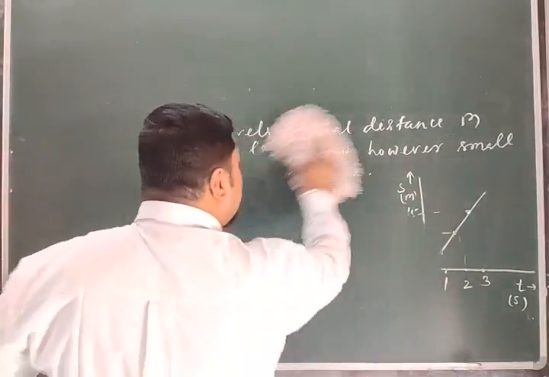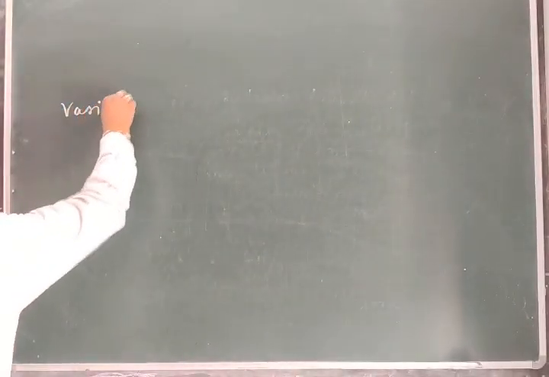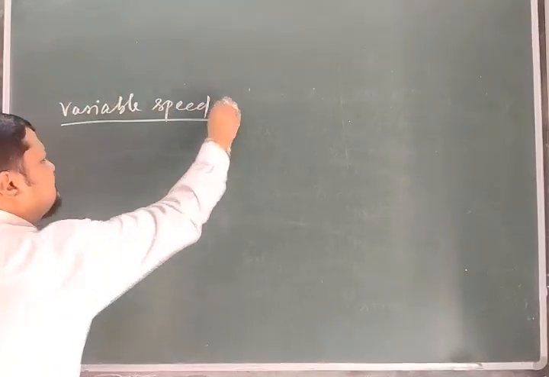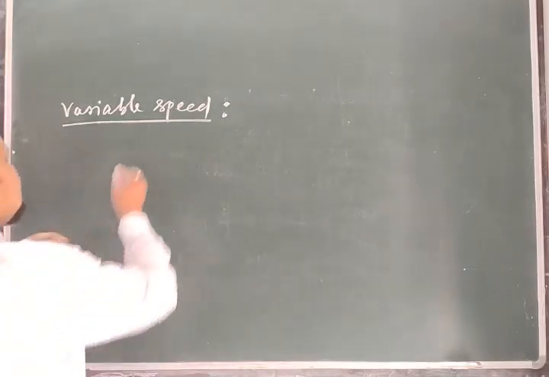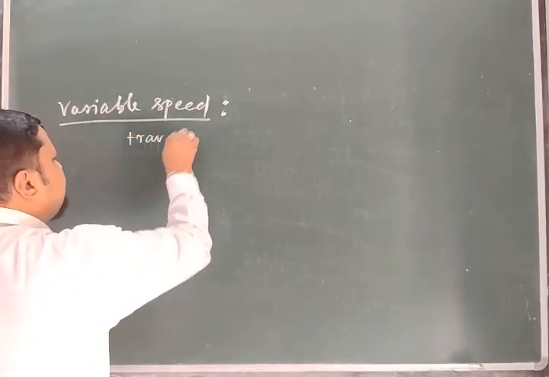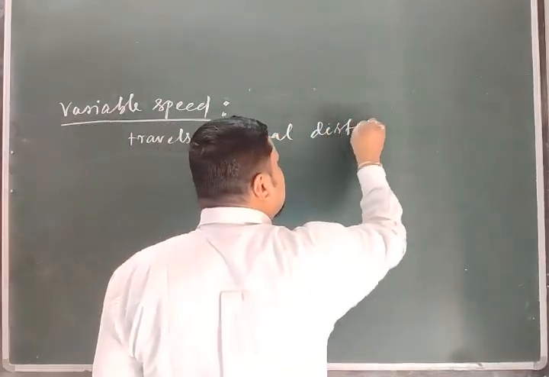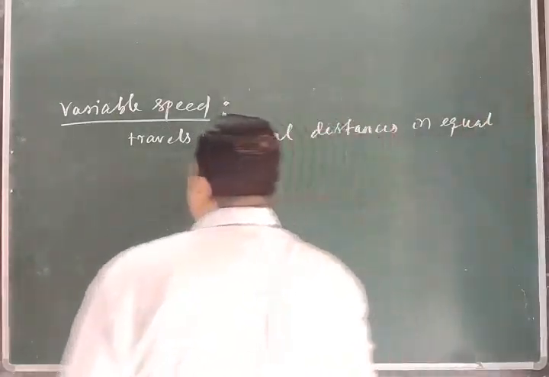Then what is a variable speed? Just the opposite. Variable speed means, if a particle travels unequal distances in equal intervals of time,